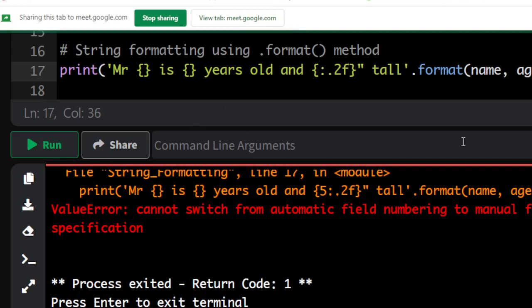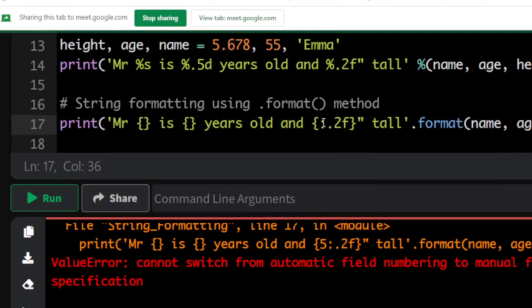Before I get there, mind you, you can also put the number of places that you want the value to appear in here. You can also put it here, okay? It will work fine. But in the absence of that, you can leave it, or you can just put it as 0.2f, no problem. 0.2f will still work the same way. Checking out for the integer,